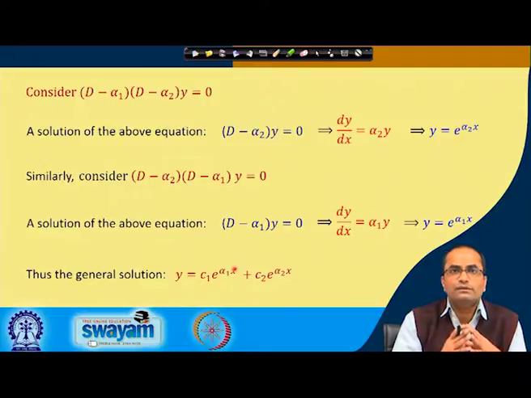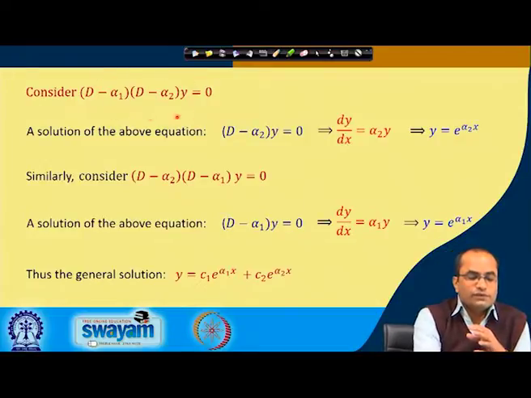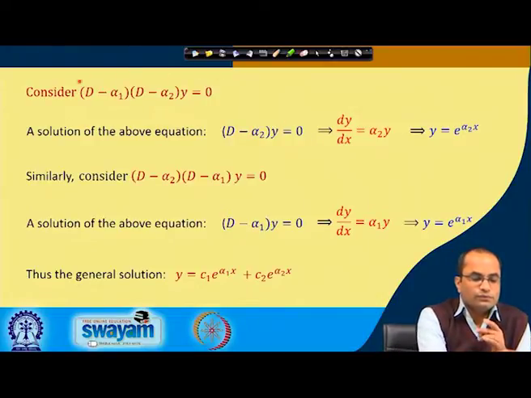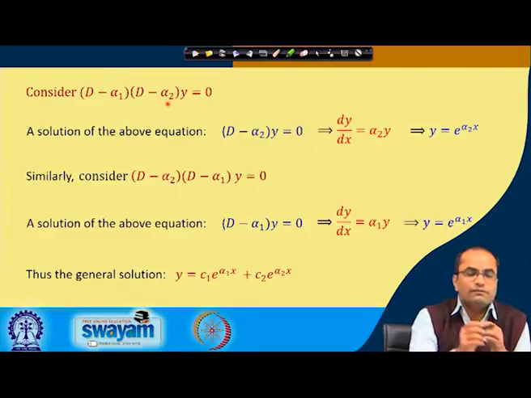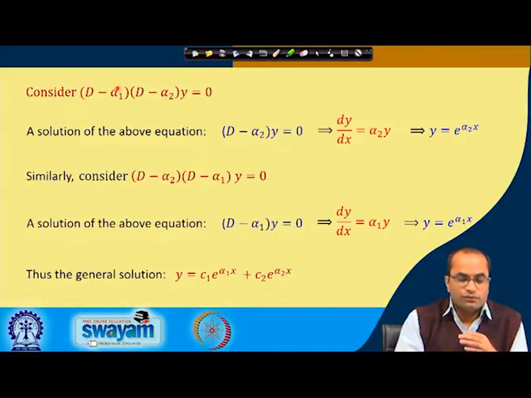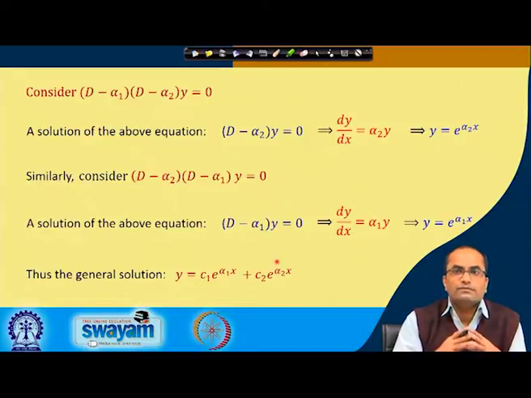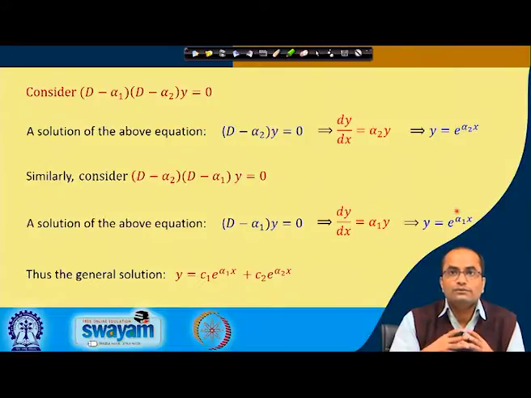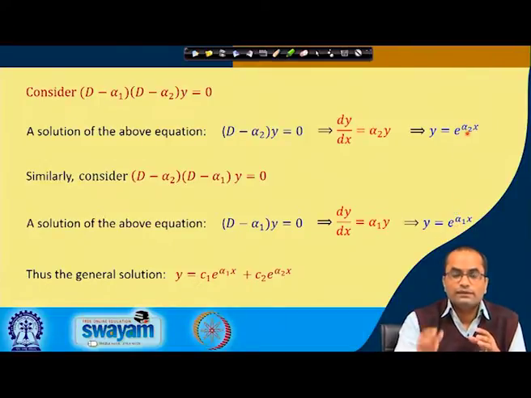So, what we have learned: if we have a second order linear equation, we can find the roots of the auxiliary equation, which were alpha 1 and alpha 2 here, already written in the factor form, and then the solution will be c 1 e power alpha 1 x plus c 2 e power alpha 2 x. But this was the case when we have two distinct roots, because in that case only, e power alpha 1 x and e power alpha 2 x are linearly independent solutions.